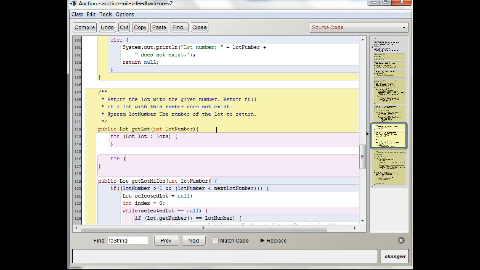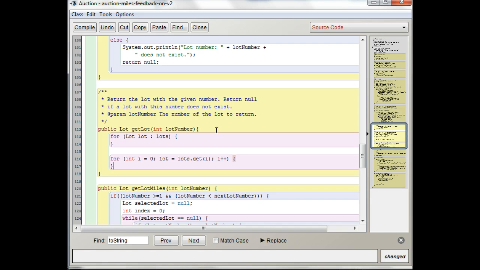Or we could do something like for int i equals 0, lot equals lots.get(i), i++, something like that, right? To go through all of those guys. Or we could put another condition in here, right? Yeah, we should put a condition in here. So we could have a condition like i is less than lots.size, but we could also say something like